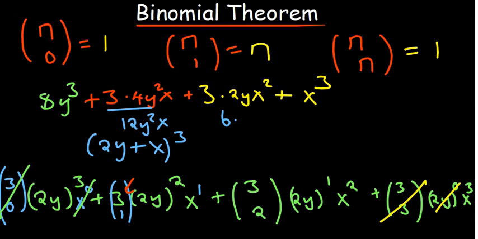So of course that becomes 12y squared x. This becomes 6yx squared. So that's basically the way you deal with the binomial theorem when it comes to expansions. Of course there will always be other cases where it will be a bit difficult to simplify everything and expand, but we'll talk about the other forms of questions that you can handle. But all in all, with practice, this will not be difficult for you to remember that in a case where you have